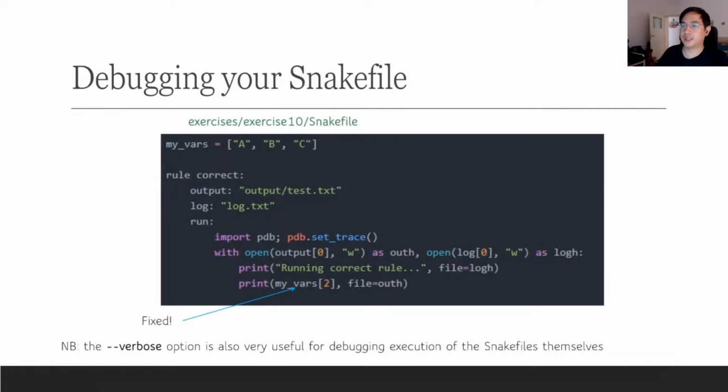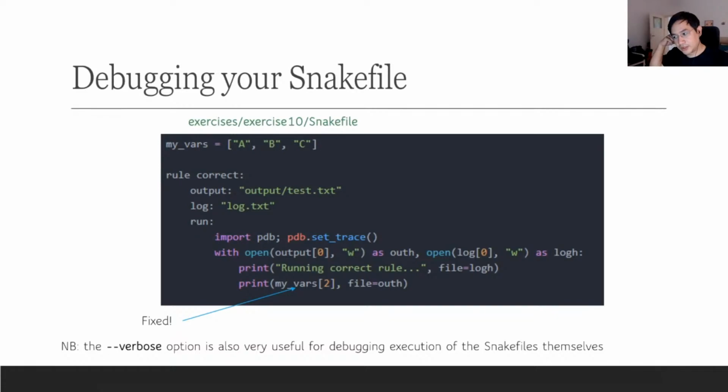Actually, I didn't include it in the presentation, but I also wanted to mention that there's an option called debug DAG. One thing that can sometimes be confusing is how the wildcards are interacting with each other. For example, if you have a very generic rule, like samtools view that takes some SAM file and creates a BAM file, sometimes if you don't specify the wildcards very explicitly, it can go through the workflow in the wrong way that you might not expect. And so this debug DAG